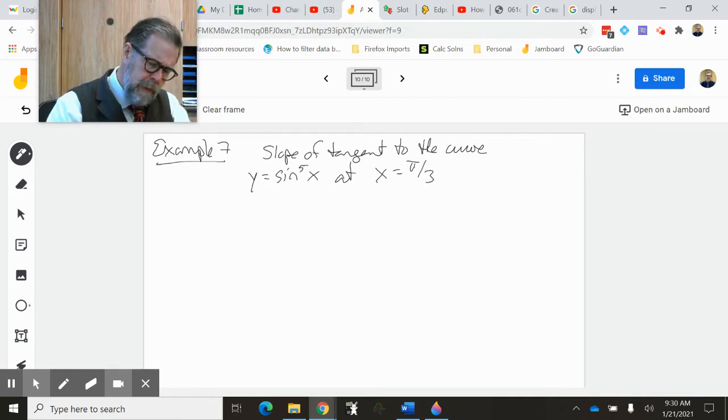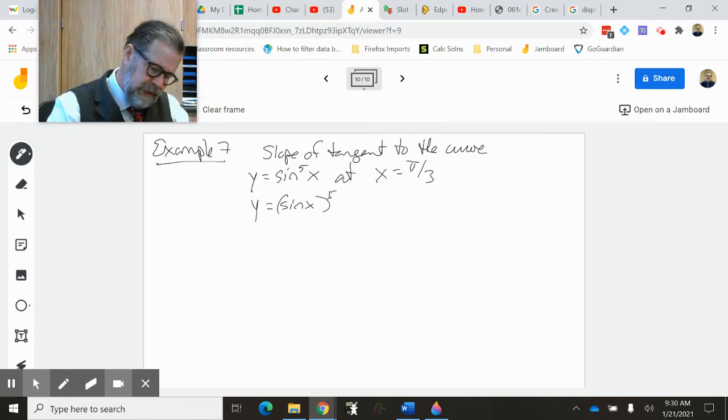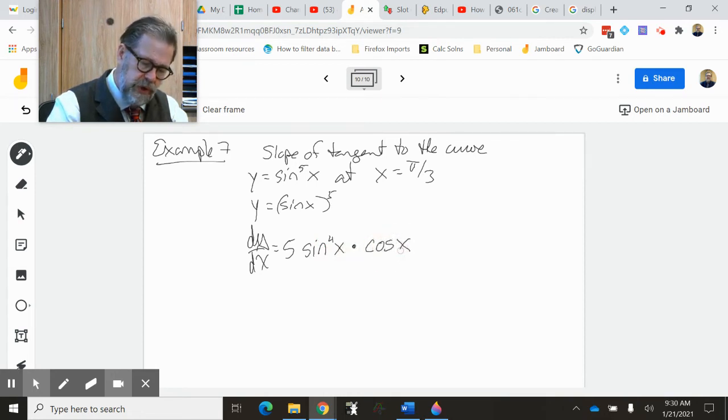So remember that this is how we write sine of x raised to the 5th power. Those are the same thing. And so the derivative of y with respect to x, well, we're going to take the derivative of the power, 5 sine to the 4th of x, times the derivative of sine, which is cosine,